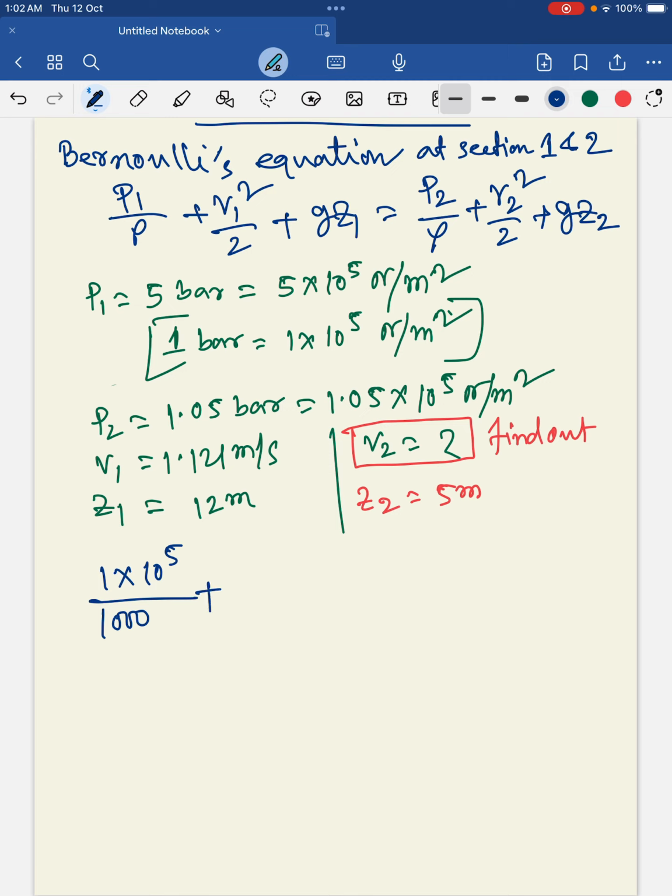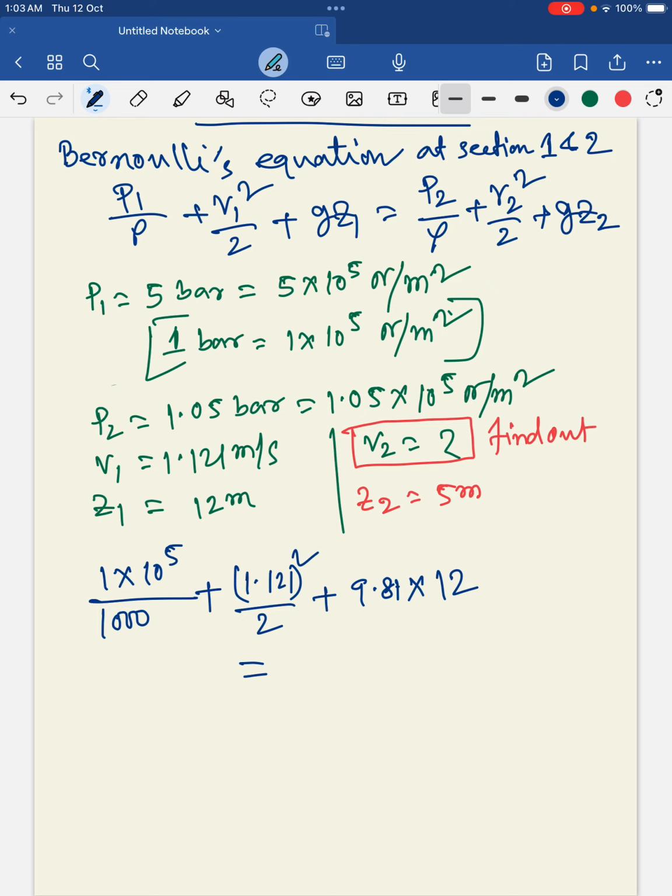Then V1 square, V1 is 1.121, square by 2, and then g Z1, g is 9.8, into Z1, which is already given, that is 12 meter, that is equal to